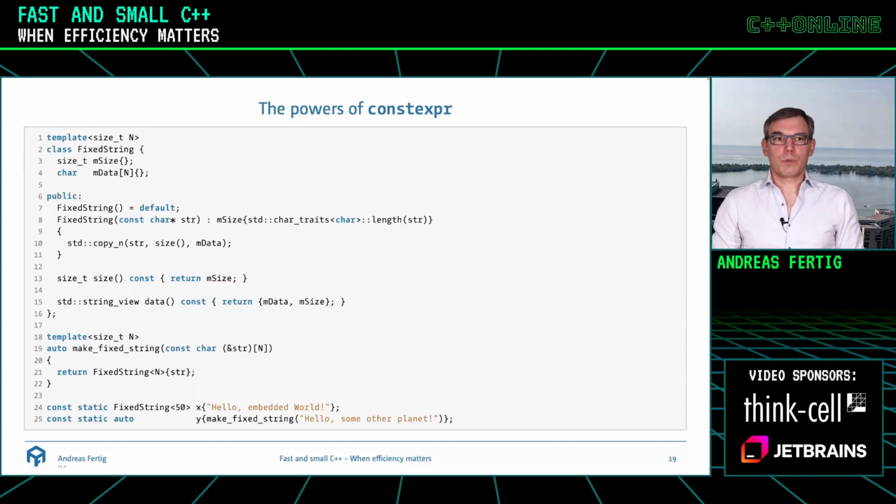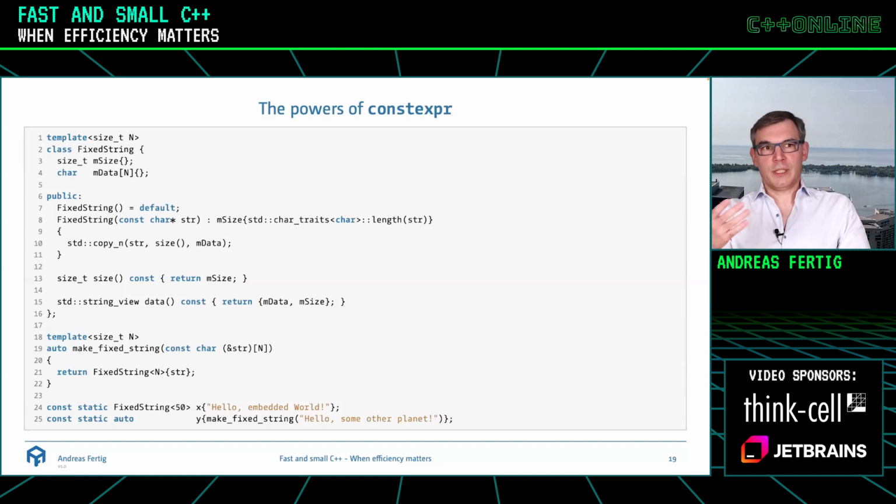This was realized, so they added a make_fixed_string function that uses this template trick to obtain the number of characters of a const char* literal, and uses that constant to create a perfectly trimmed fixed string, as I do it in y. So that one is perfectly adjusted. All right, so